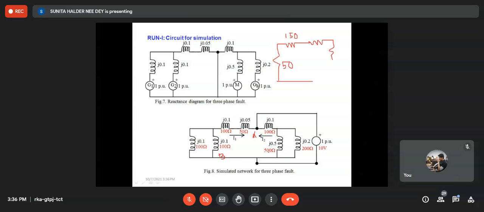And on the right side, we cannot make the parallel combination. If we make it, it will be a fraction, I think. What will be the equivalent of this 500 ohm and 200 ohm? It will be 1000 by 700, so it will be a fraction. So actually we have to make this one as it is, because we cannot get any fractional resistance in the network analyzer. So this will be our network. So this is the A point. So in between A and B, we have to connect the voltage source, right? So this is the concept.